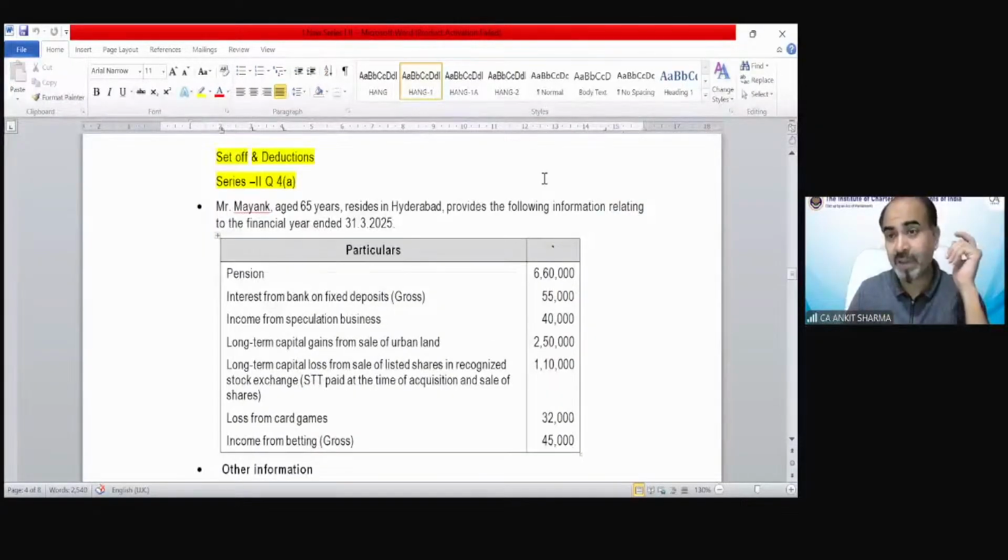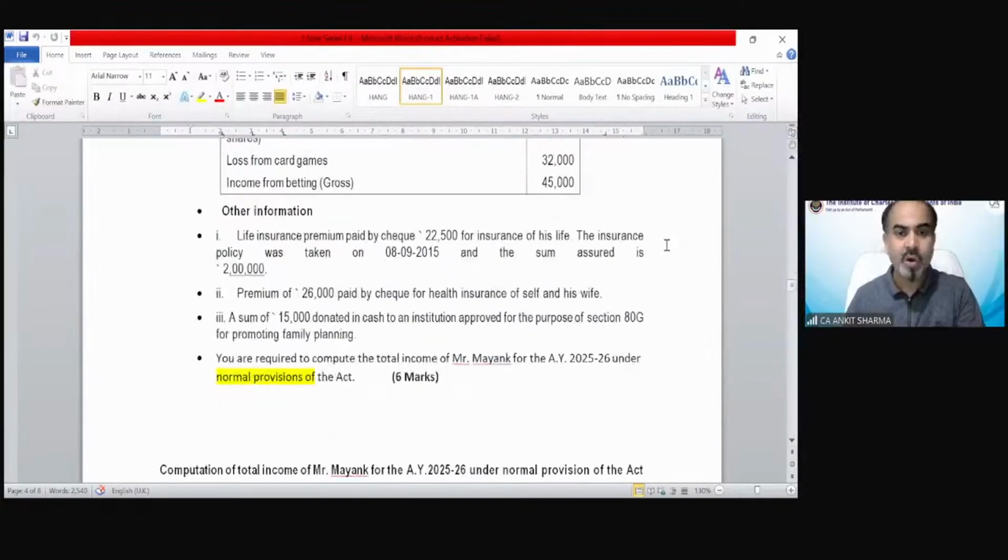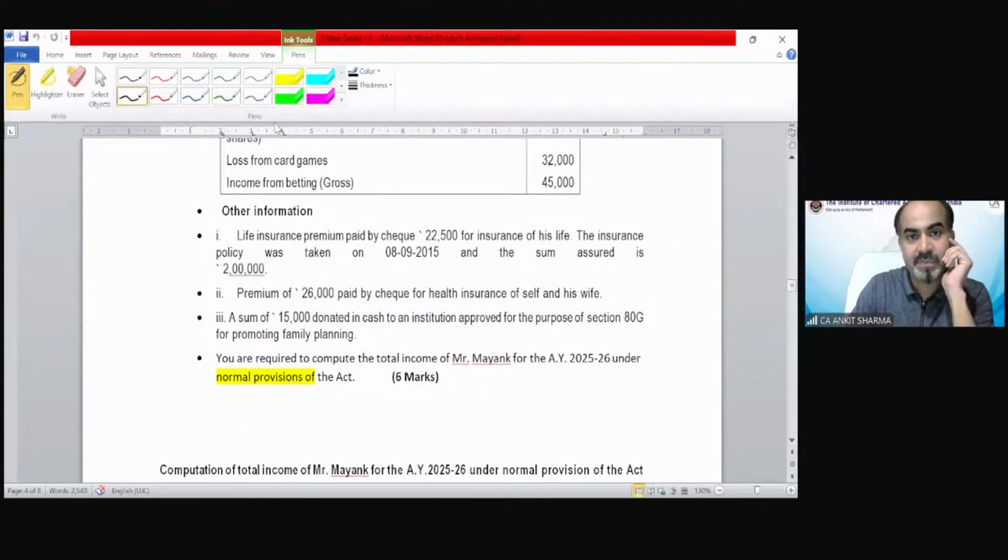So the first thing comes first. Whenever you are reading a question, please read it very carefully. You need to see whether you need to solve this question as per the default tax regime or the normal tax regime, and what the requirement of the question is. I always say to all of you, kindly first check the requirement of the question. The requirement would be either at the start of the question or at the end. And you can see the question says